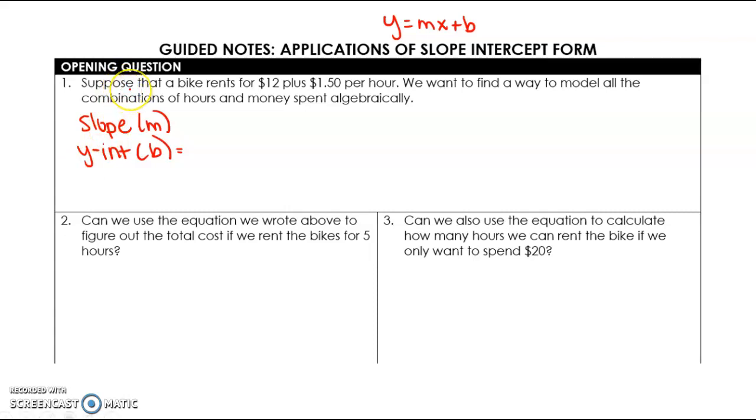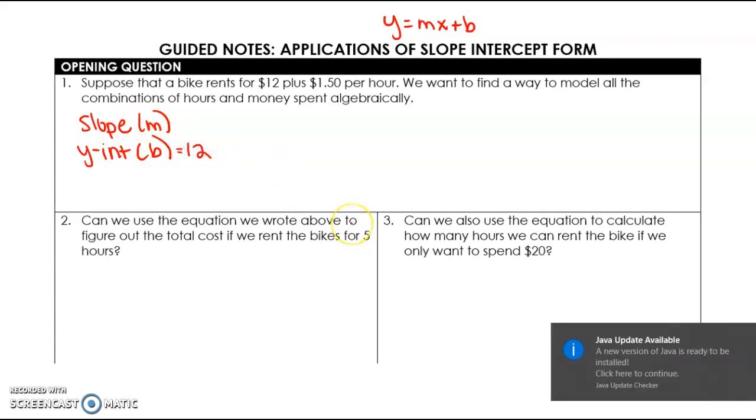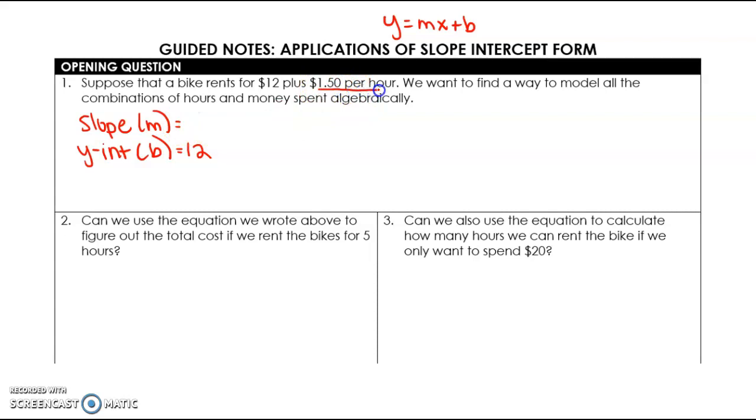So in this situation, suppose that a bike rents for $12 plus $1.50 per hour, and we want to find a way to model this using all combinations of hours and money spent algebraically. So our y-intercept is what it's going to cost us regardless of whether we rent this bike for 1 hour or we rent it for 100 hours. It is going to cost us $12. Okay, and our slope is going to be what changes. So in this case, our amount changes $1.50 per hour because that is what it's going to cost us per hour to rent. So our equation is y equals